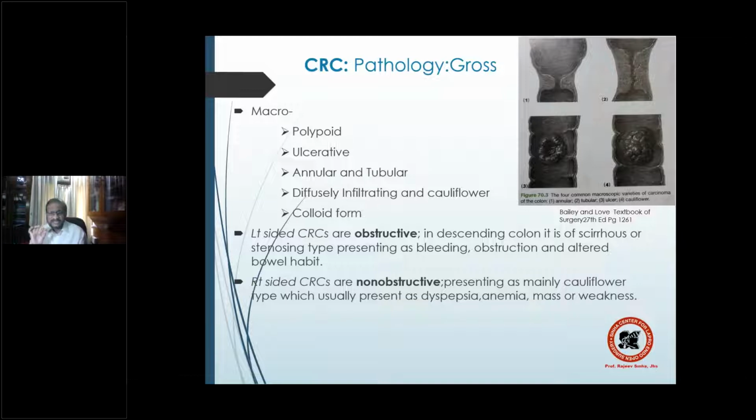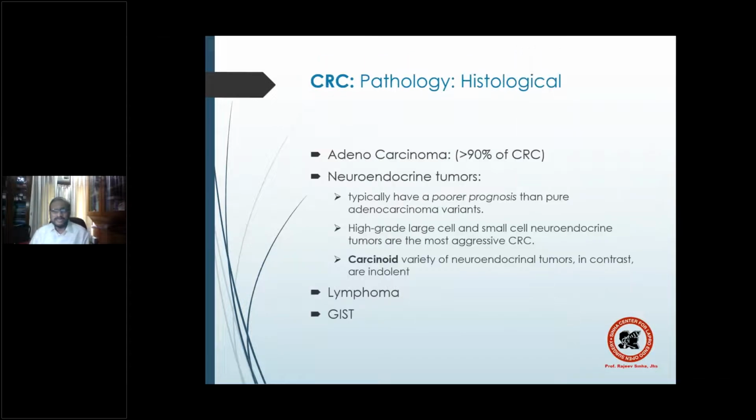So remember, this is the reason why you have to remember the differences in presentation of a right-sided colonic malignancy and the left-sided colonic malignancy. Let's talk about the histology. 90% of all colorectal carcinomas are adenocarcinoma. That leaves 10%. And what are these 10%? 10% are neuroendocrine tumors, including carcinoids, and lymphomas and the GIST tumors,